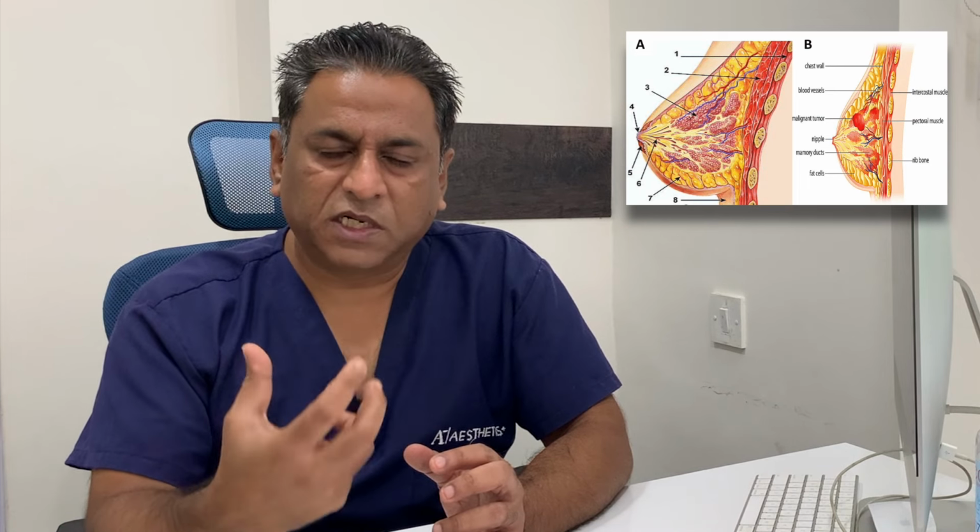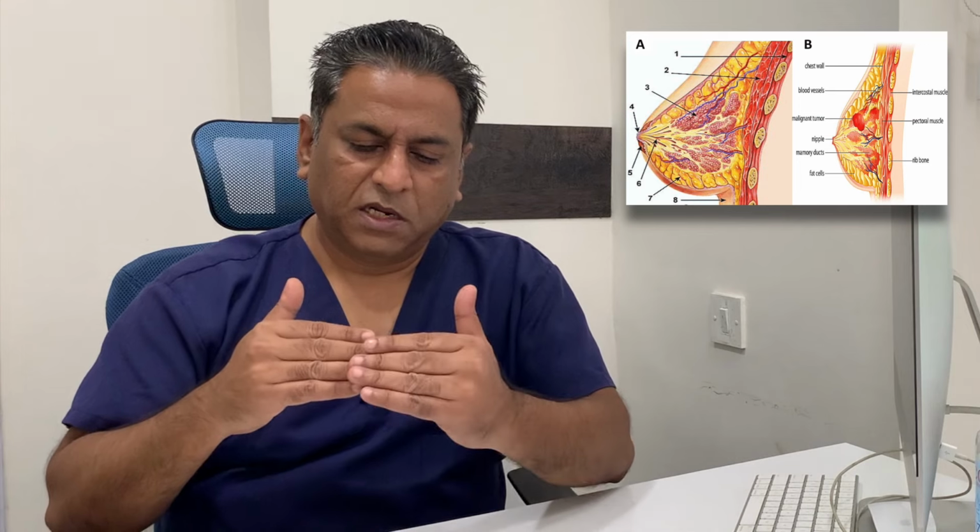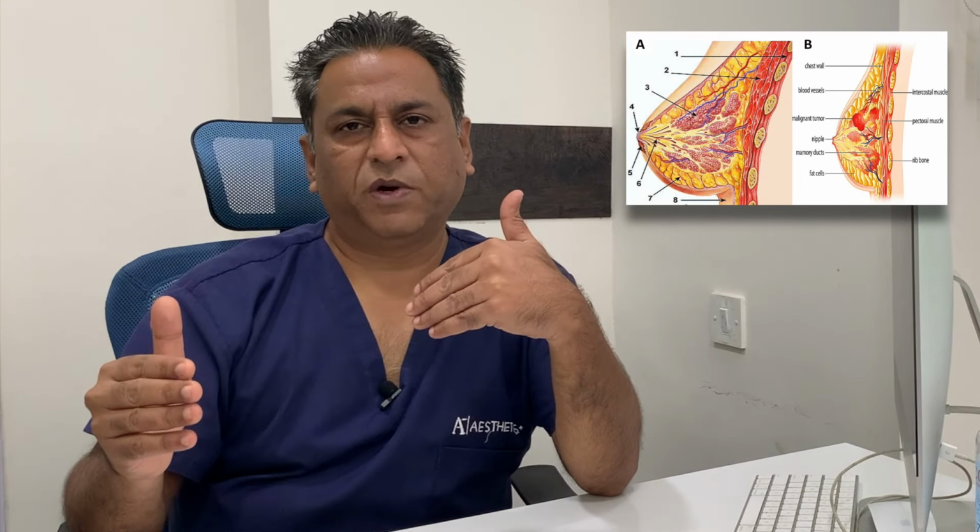This is one of the few procedures where we can do it at any age. Very rarely we do patients who are younger than 18 as well, and that is where the hormonal component comes into play in these younger patients. Because of the constant stimulation by the hormones, there is an increase in the breast tissue, and it's purely glandular. Liposuction does not help, and you still have to do an excision. But the only problem with such patients is that the hormonal stimulation continues till about 21 or 22 or 23 years in some cases,